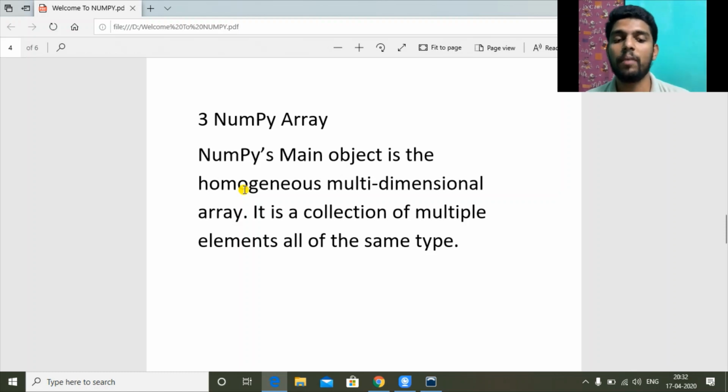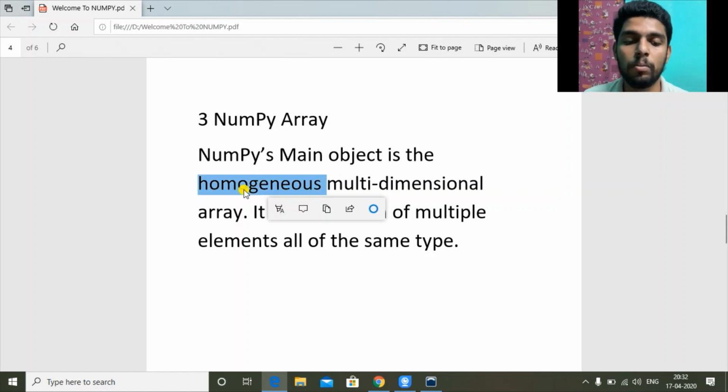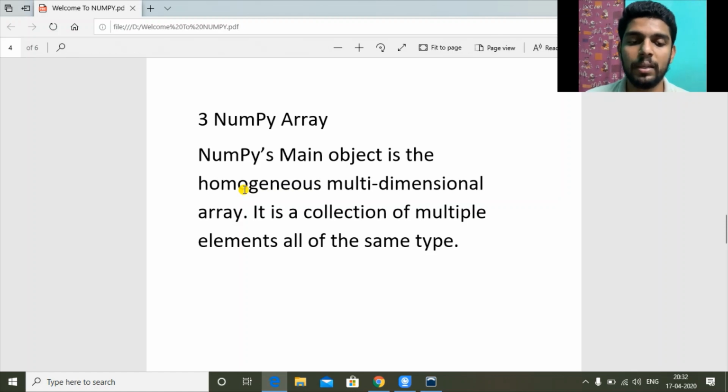So we can have 1, 2, 3, 4, 5, 6, 7, 8, 9, 10, all those values at once. Similarly, all those values need to be of the same type, like homogeneous. So I have 1, 2, 3, 4, 5, not 1.1. So I don't have a fractional or point part in between. Either everything is integer or everything is float or everything is complex.